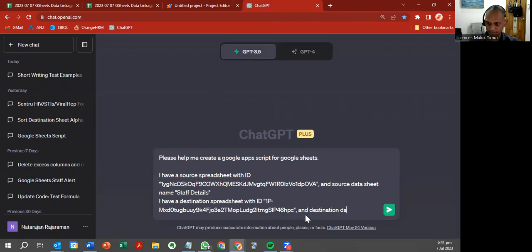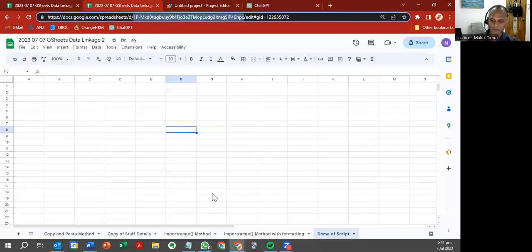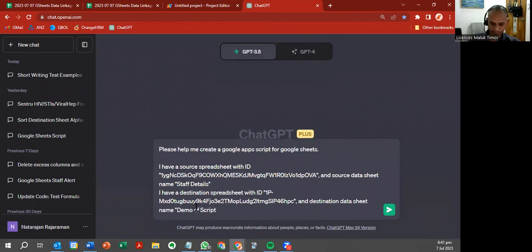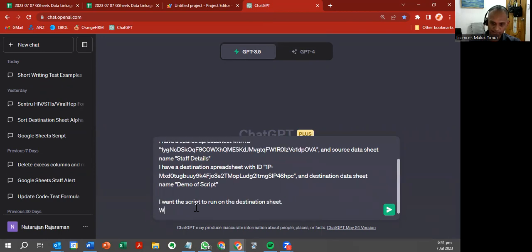And destination data sheet name. Let's call it demo of script. Let's rename, just copy that. Demo of script. I want the script to run on the destination sheet. When I run the script, I want it to read all data from the source sheet and write it to